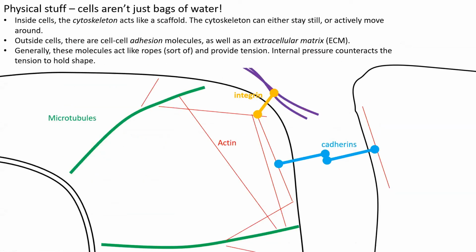Okay, so we can now put a little bit more specific names on this. This is a zoomed in picture of a cell, or maybe call it a cartoon of a cell. Here I'm showing microtubules extending out from the center of the cell towards the surface. These are often cross-linked